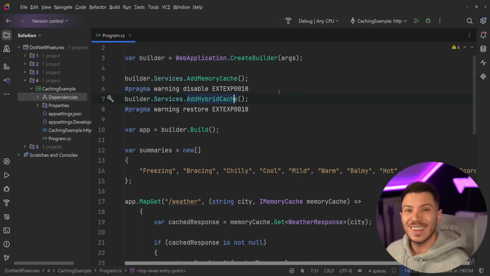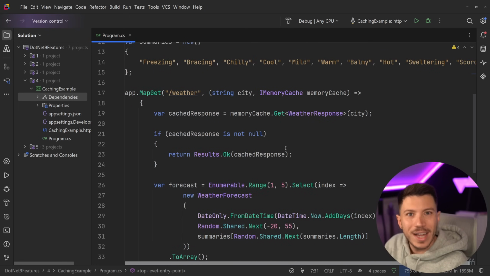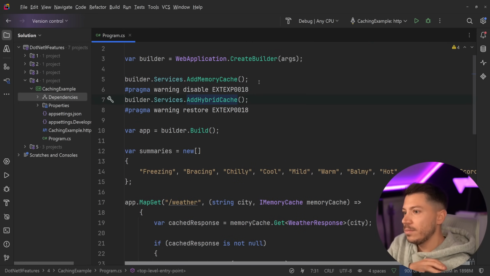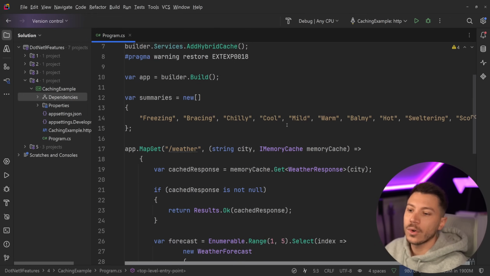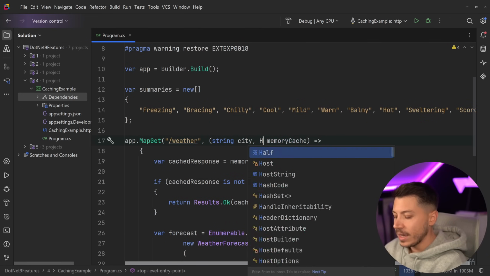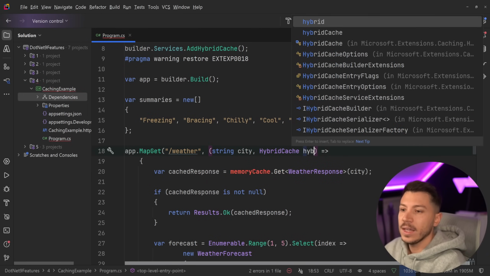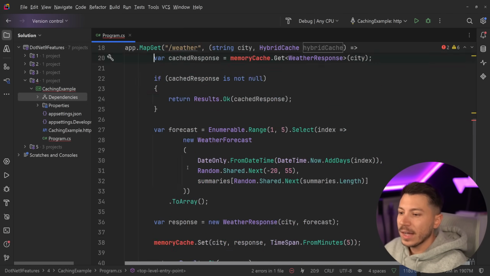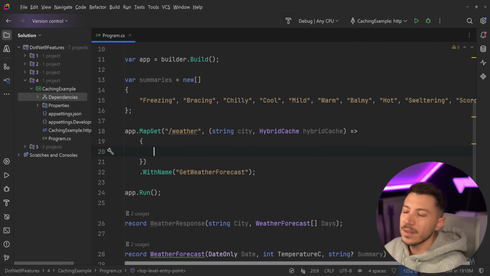They didn't have the time to do it, because even Marc Gravell, who is largely behind this project and this library, had this disabled pragma even in his demo. So this might not be production ready yet. In fact, it probably isn't production ready yet, but I'm showing it because I don't think it will change much. To use it, you remove the distributed cache or any other stuff, and you just inject the HybridCache. So you're going to say HybridCache over here, and we're going to change how we do this a bit. In fact, we're going to change this entire method